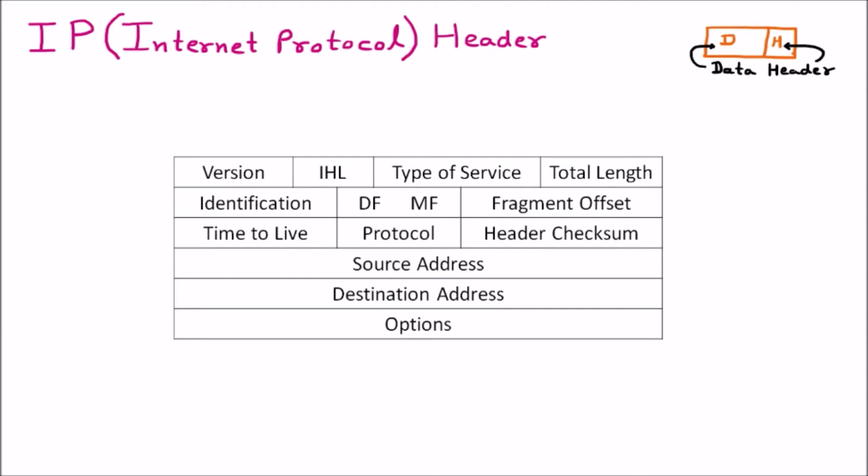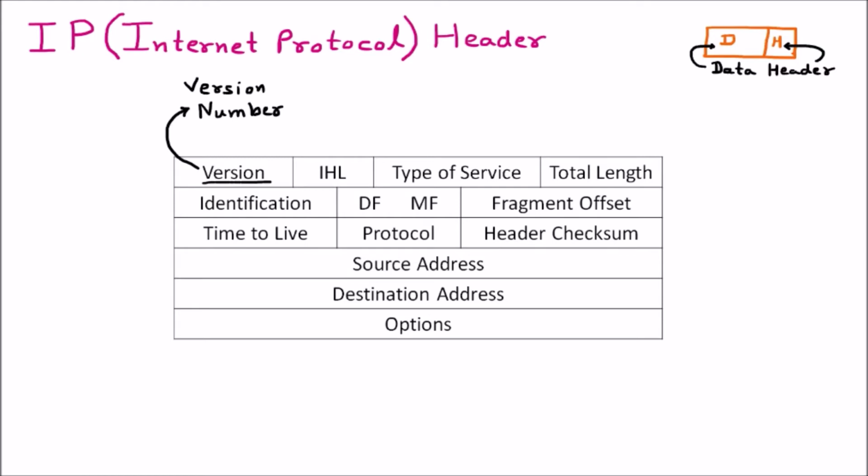Now in the diagram we can see that there are various subfields of the header. So this is the header which has subfields, and now we are learning what those subfields are. First of all, in the header we have the version. Which version are we supporting, IPv4 or IPv6? That is taken care of by the version number. So this first field takes care of the version number.